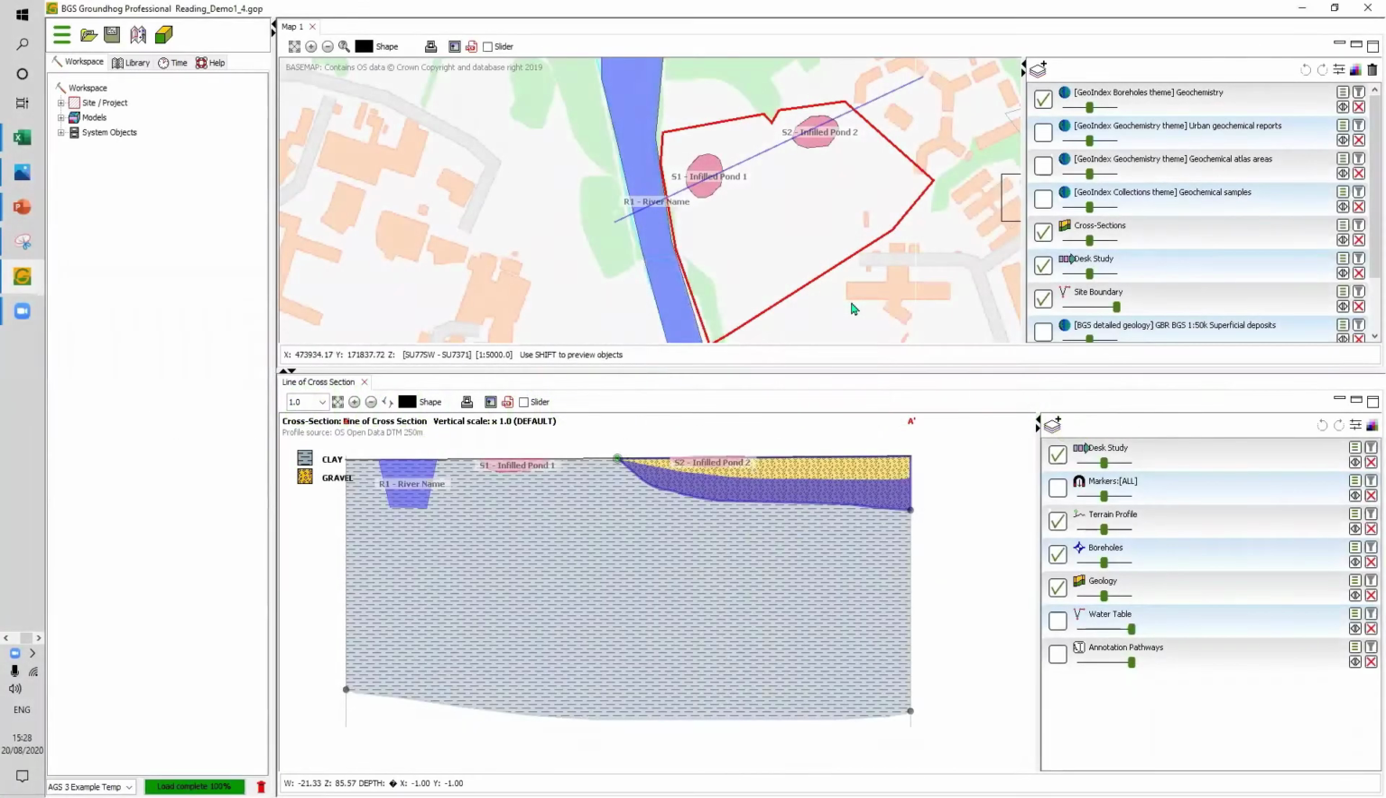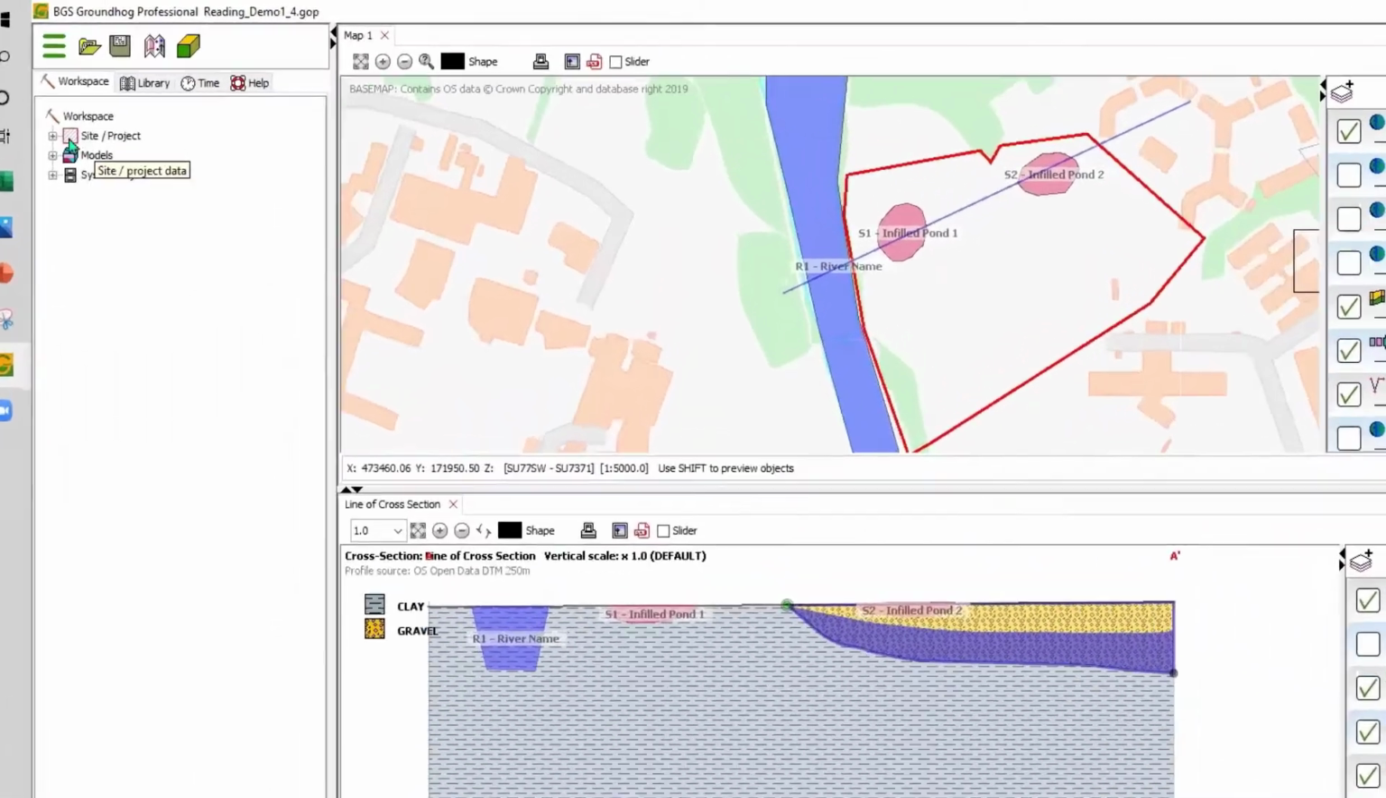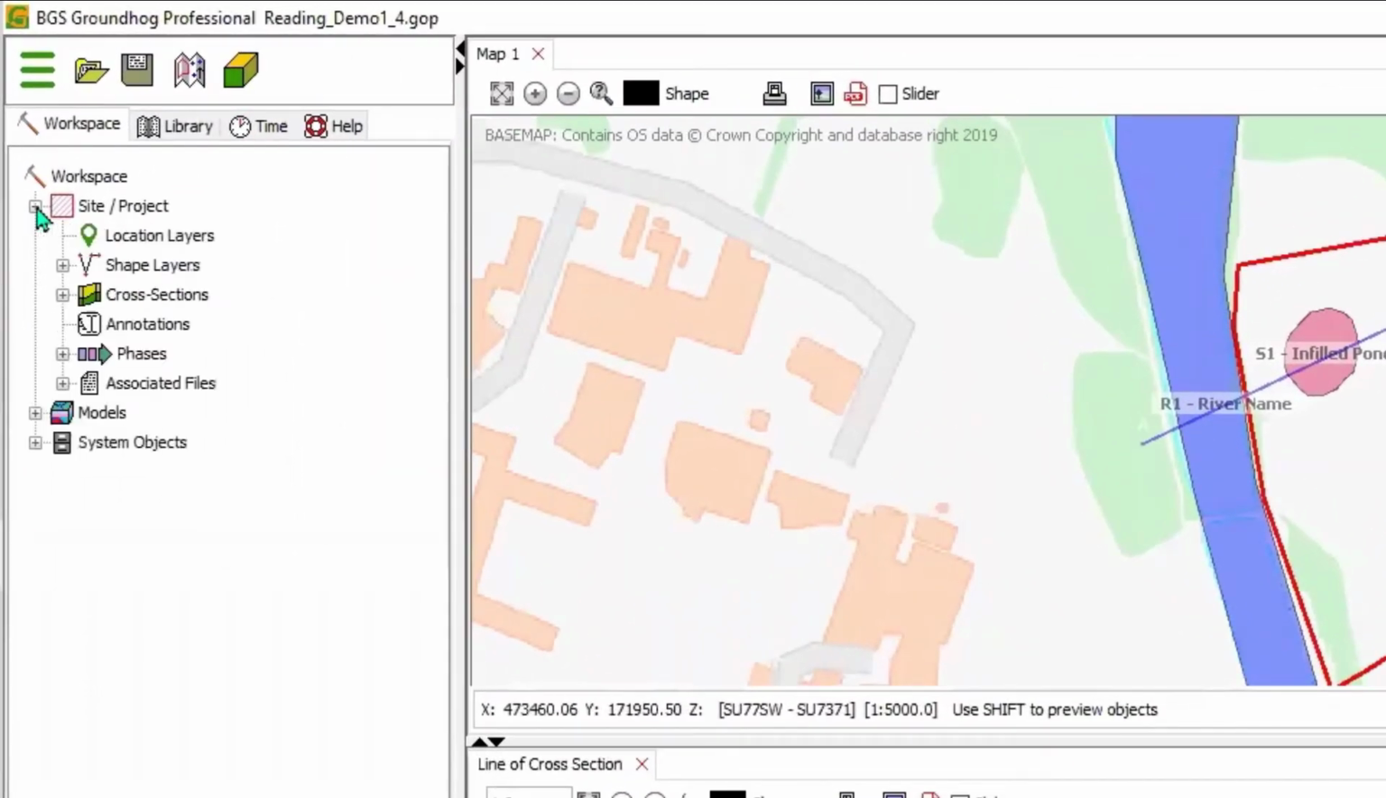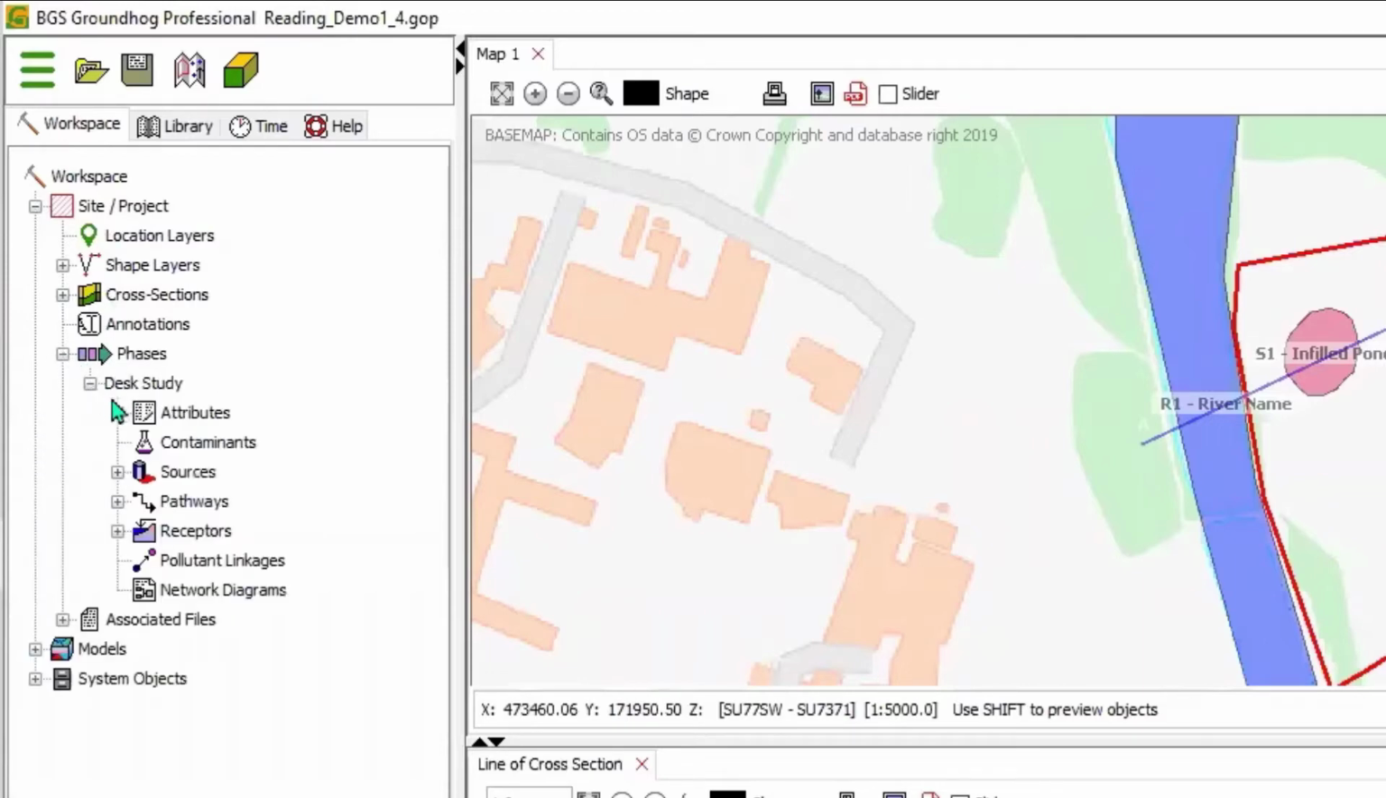In this segment, we're going to learn how to create the network diagram. The network diagram can be found under the tree. If we expand the site project, go to phases, desk study, and here is our network diagram. When we right-click the network diagram